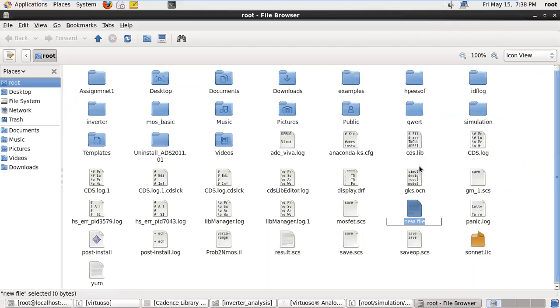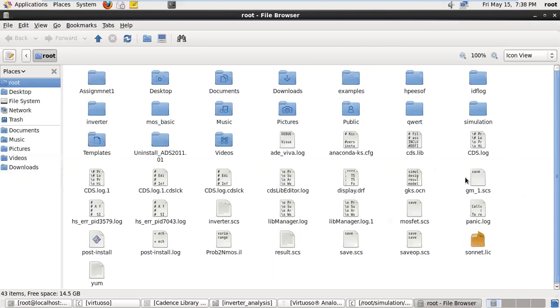You can give any name, inverter, but the extension will always be SCS. So my file name is inverter dot SCS.